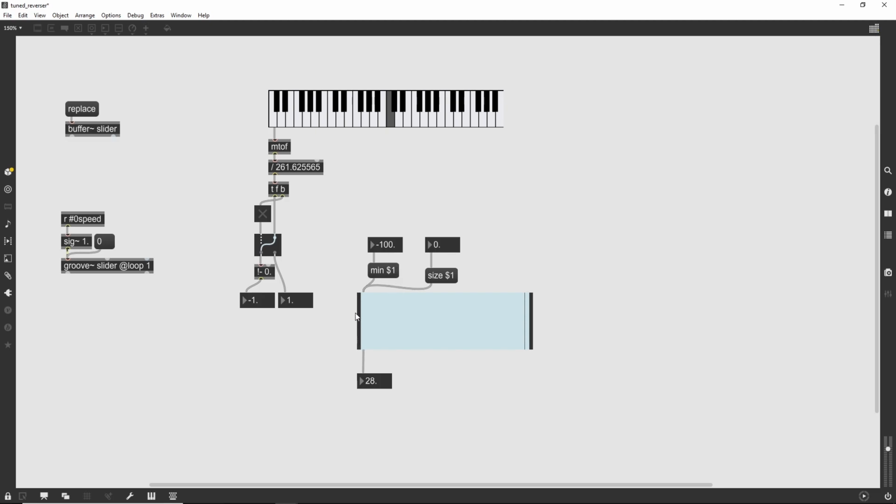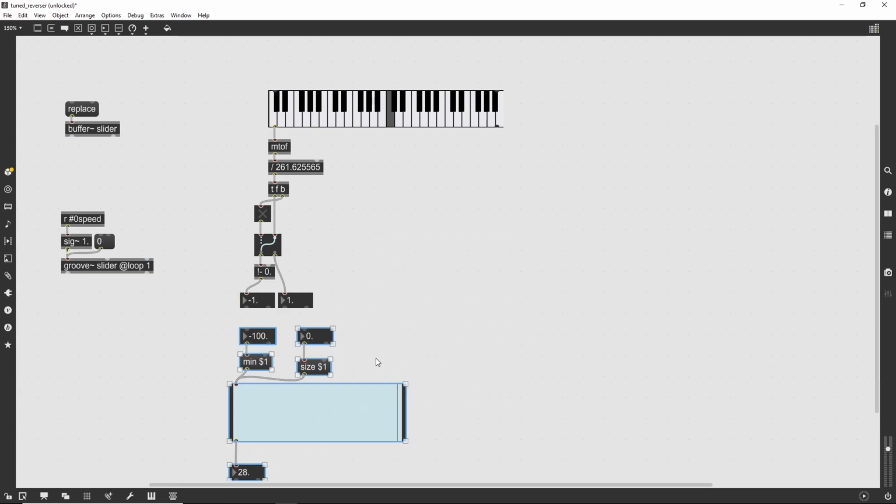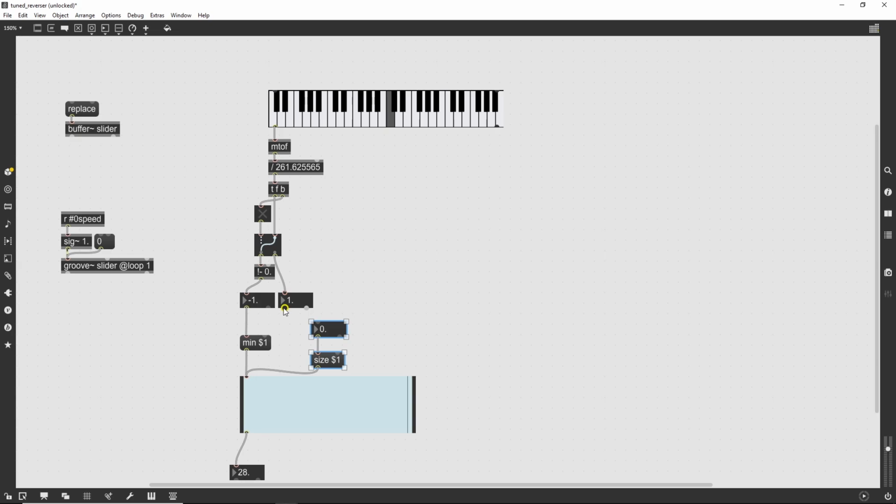And so if we want the left hand side of the slider to be playing our reverse notes, so the left hand side of this setup, we're always going to want the left hand side of the slider, the minimum value, to be whatever last came out of the left hand side of this switch, the negative number that came out of the left. But we can't just plug the right hand number into the size argument, because